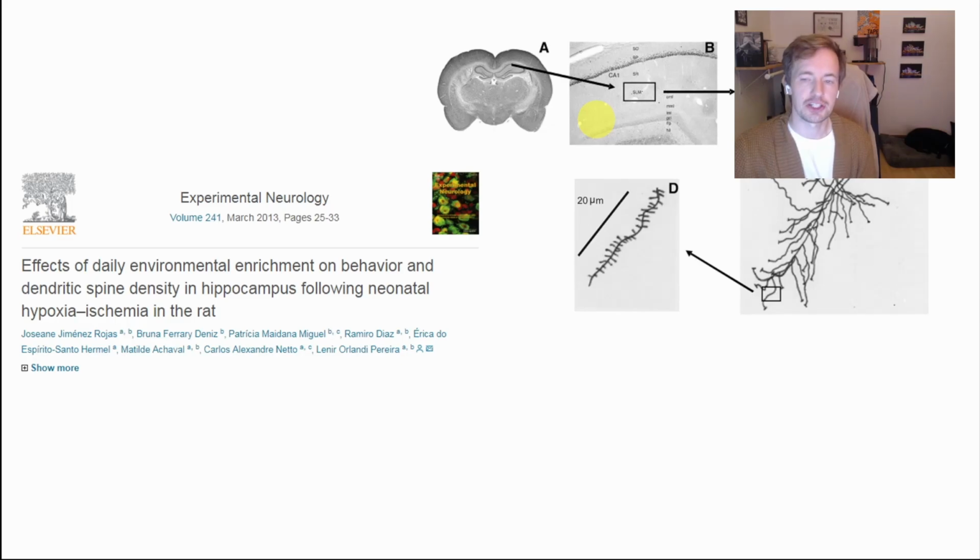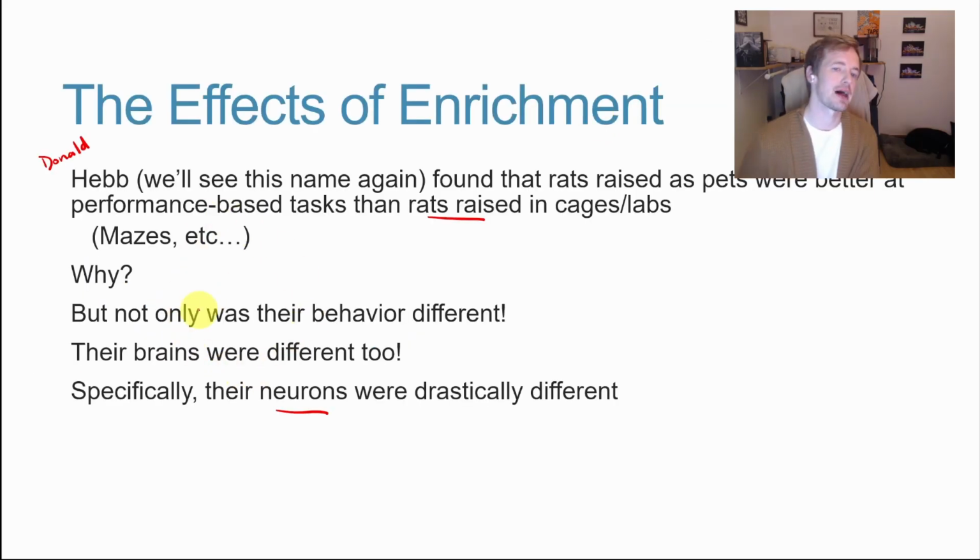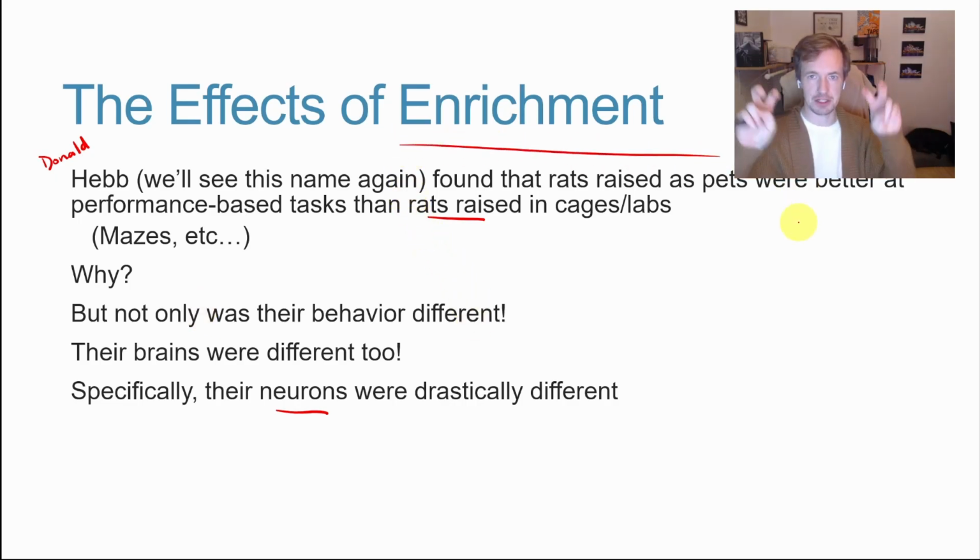Here is an extension of that research. This is way back in the 70s, whenever Hebb was initially studying this, and people have been studying it ever since. We call this enrichment. The idea about enrichment is that if you give something, and we're not going to say this is a human, it could be a human or a non-human, some organism extra care and attention and opportunities to interact with its environment, that actually serves as a positive thing on the neural development